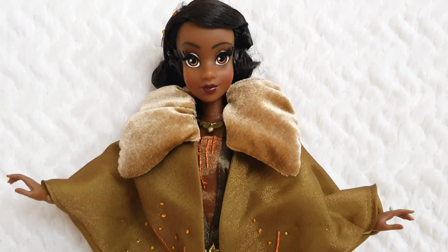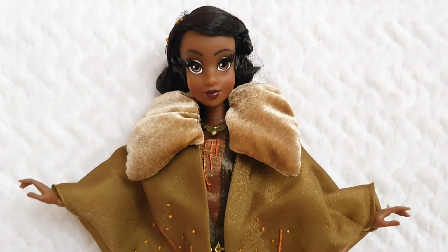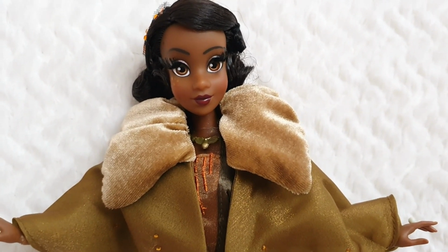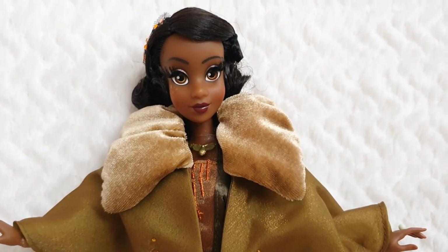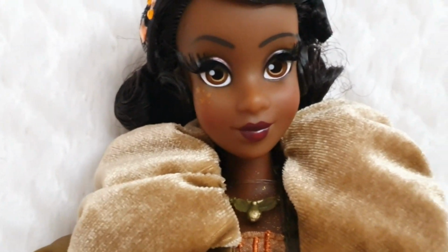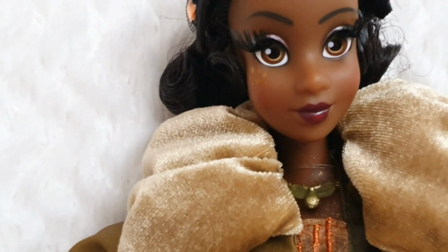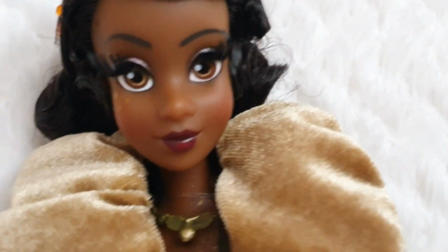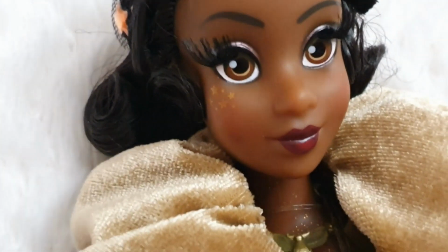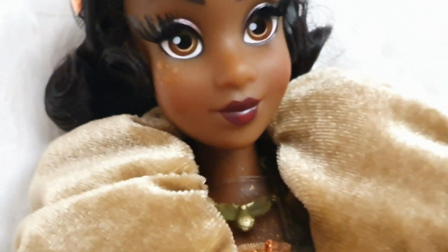The face sculpt is exactly the same as the previous one, although the screening is slightly different this time around. I very much hope. Let's see. I think. Okay, now, so she's got rooted eyelashes that are really natural looking, and I love that. And then on one of her cheeks, she has those golden stars printed, and then there's also like